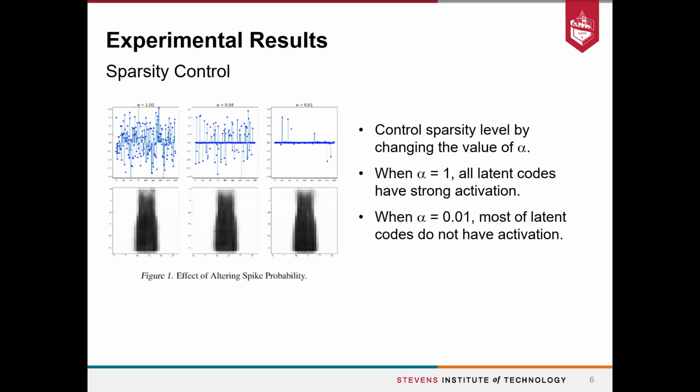We conducted 4 experiments using the MNIST and fashion datasets to obtain some preliminary results of our model. In the first experiment, we show that our model can enforce sparsity effectively on the latent code. We do so by changing the value of alpha 1 to see the effect on the reconstructed image. Here in the plot, we can see that as alpha 1 is getting smaller, our latent variable is becoming more and more sparse, and the reconstructed image seems to be preserving the major information of the original image.